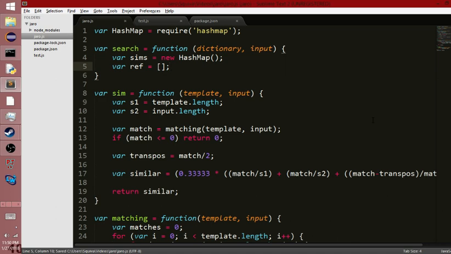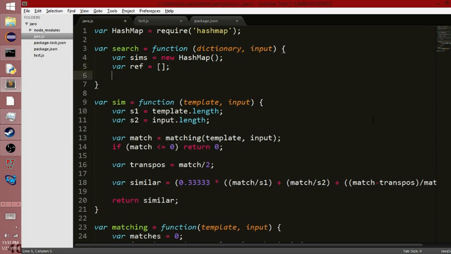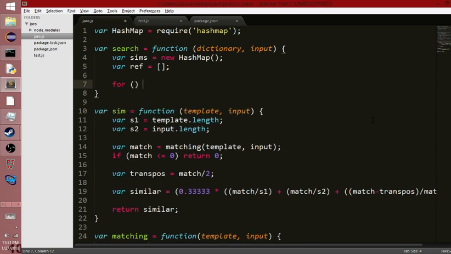We're going to put all our values of strings from our dictionary into a hash map with the similarities, and we're going to put all these similarities raw into a reference, because we need to find the one word with the greatest similarity out of all the words to our incorrectly spelled input word. So let's go ahead and start, and we're going to just quickly loop through our entire